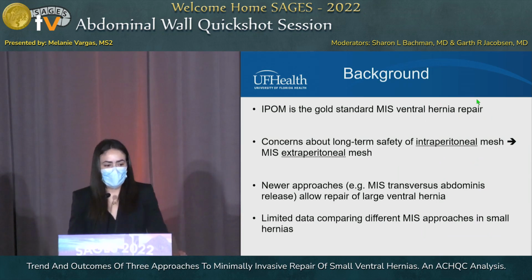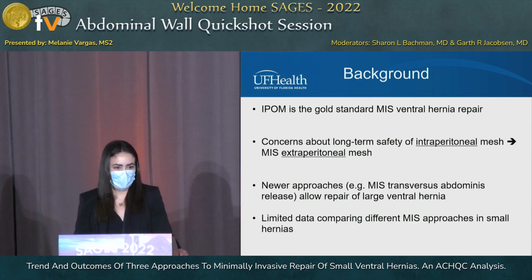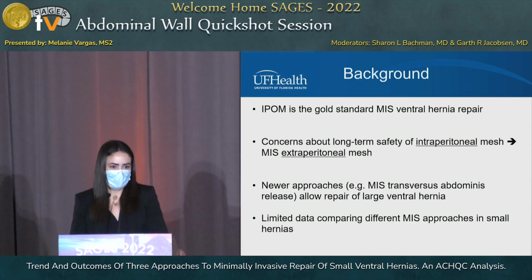All right, so IPOM is considered the gold standard for minimally invasive ventral hernia repair, but there have been concerns about long-term safety because of the meshes placed intraperitoneal. So there's been a movement towards using repair techniques that place the mesh more extraperitoneal. There are also newer approaches that